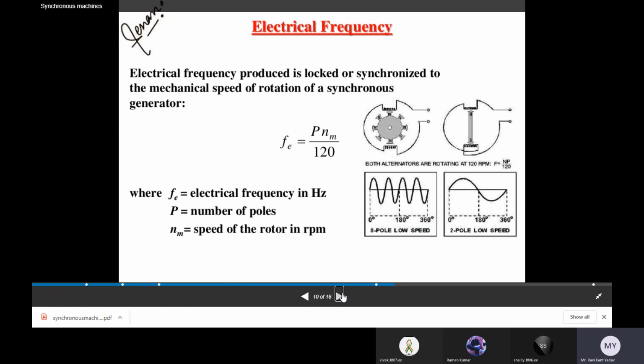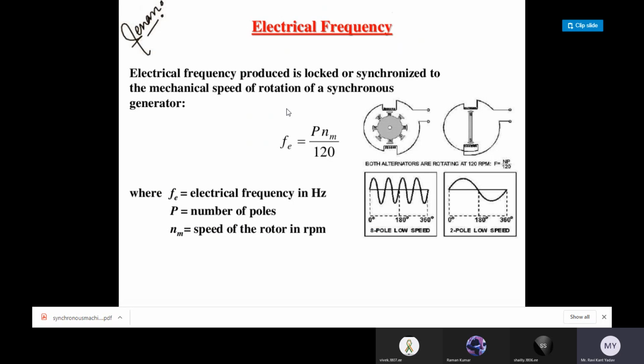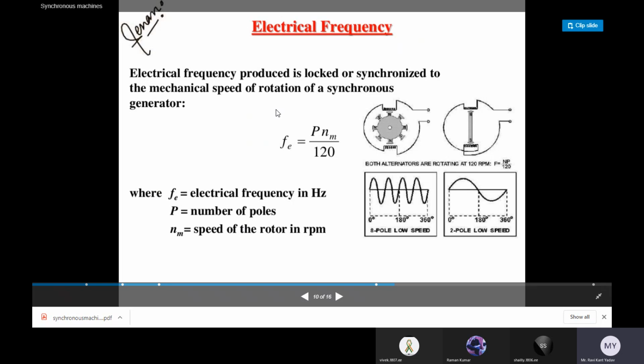And the next concept I will discuss now is how the EMF is generated and what the frequency is. The electrical frequency produced is locked, or synchronous, to the mechanical speed of the rotor of the synchronous generator. If we are talking about what happens in a synchronous generator,